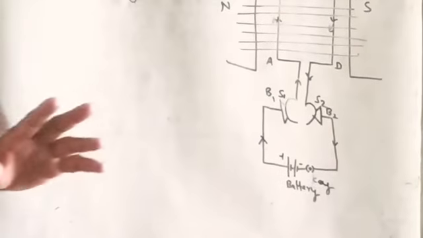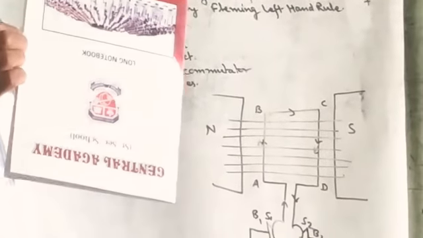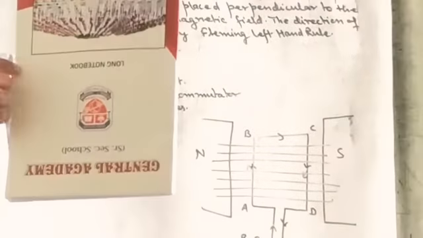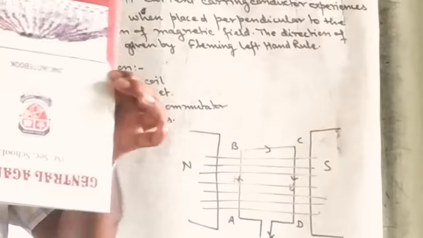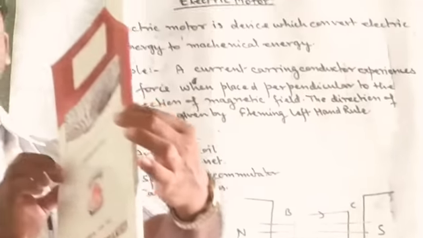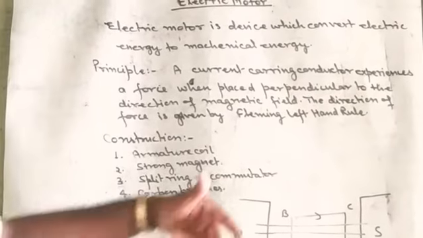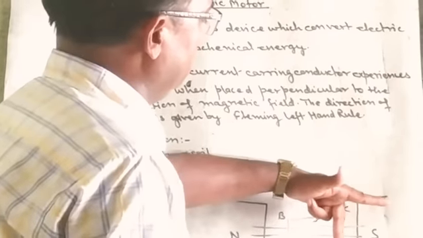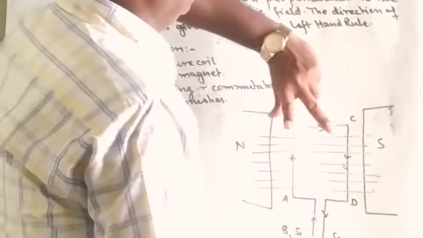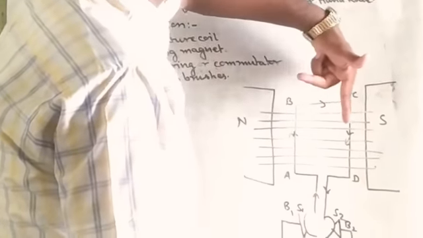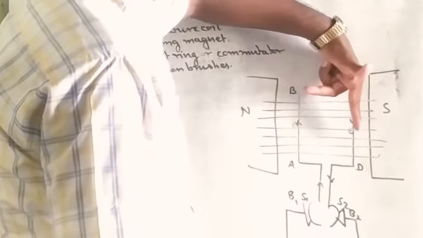You see here another example. Suppose this is armature coil ABCD. When one force acts here in the downward direction, then I take this end. Which force is acting like this? Or by using Fleming's left hand rule, you see here. This is the direction of current. Sorry, like this. You see here.